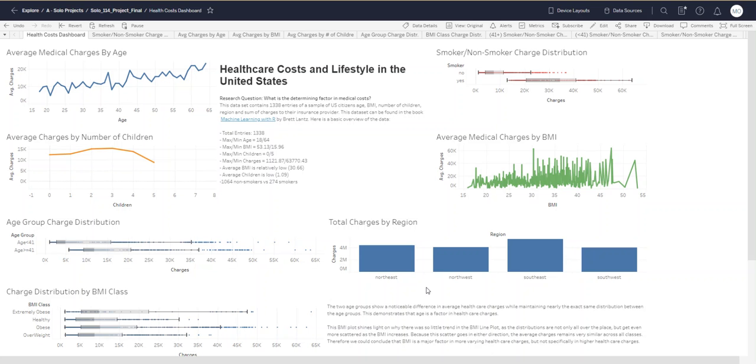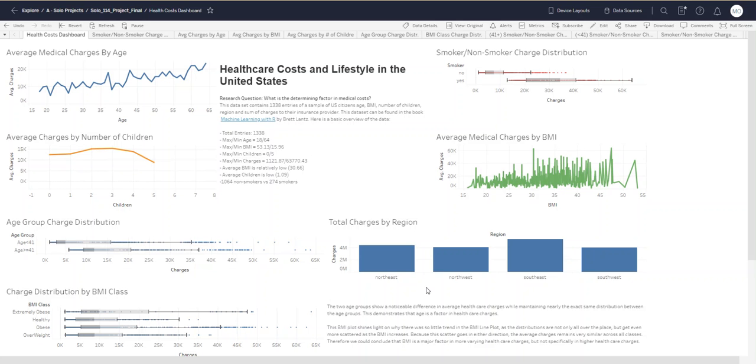Hi, this is Michael Ogden for Solo Project Group 114, and my project is called Healthcare Costs and Lifestyle in the United States. My research question is, what is the determining factor in medical costs? And the dataset I chose is a sample dataset from a book by Brett Lance called Machine Learning with R,